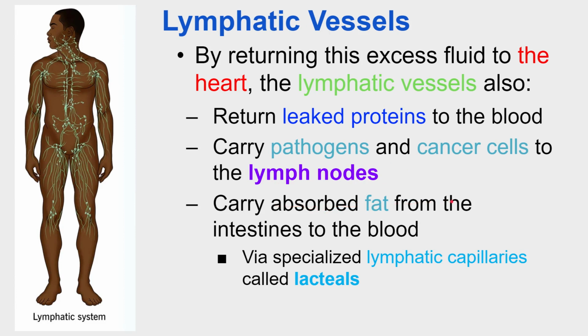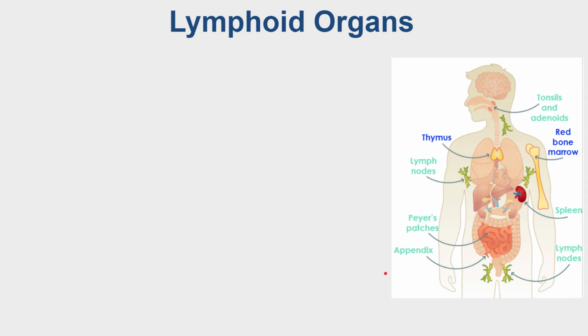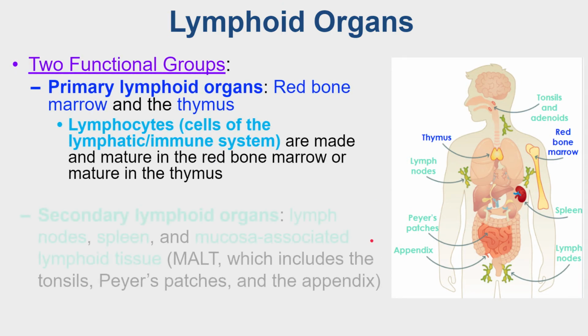So they also absorb fat from the intestines. And so any of the lipids that we eat end up in the lymphatic system as well. And we're not going to spend much time talking about that part of the job of the lymphatic system. But again, I just wanted you to be aware that it happens. So what I do want to talk about now are